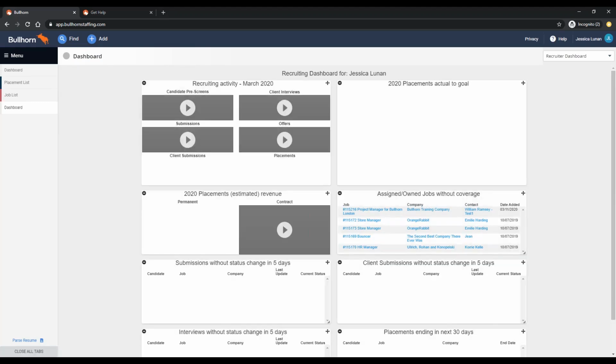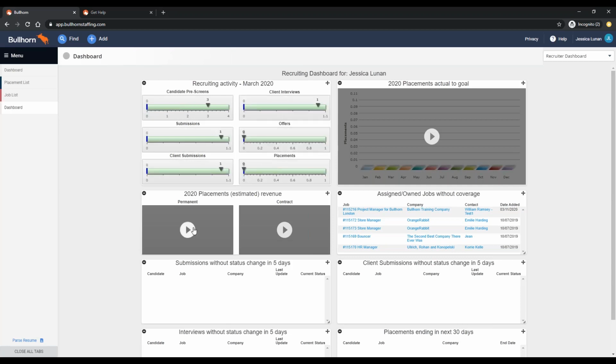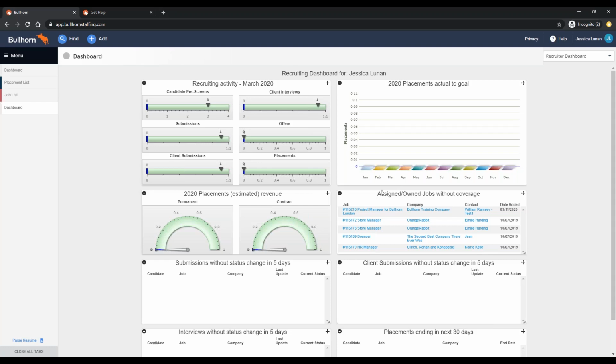Okay, so again, similar to the enterprise dashboard cards, once you add a job into Bullhorn, you want to make sure that you're on top of it to ensure that candidates are being added, submitted, resumes are being sent out, interviews are being scheduled, all of the good stuff that you do. Now,